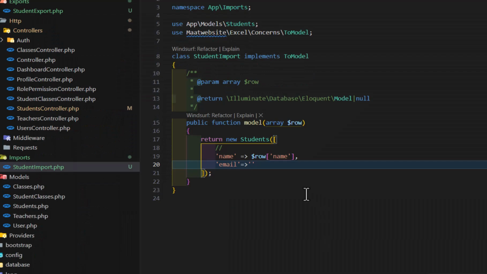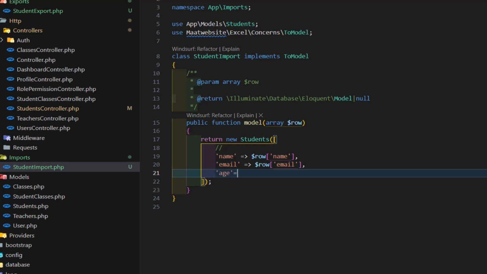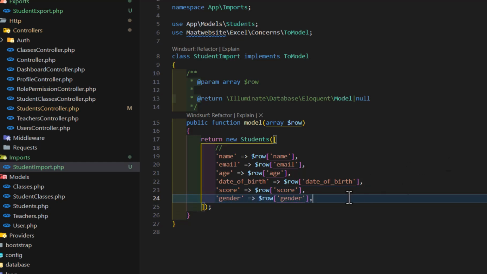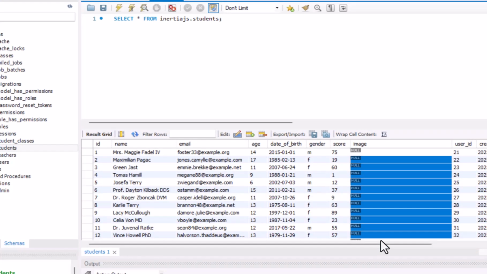Then we have email, same column in our Excel sheet, we have email. So in here I will type row email. Then we have age. Let's do the same for all of them. Right here, age. Okay. So we have added all the columns that we need to add inside our database except the image and